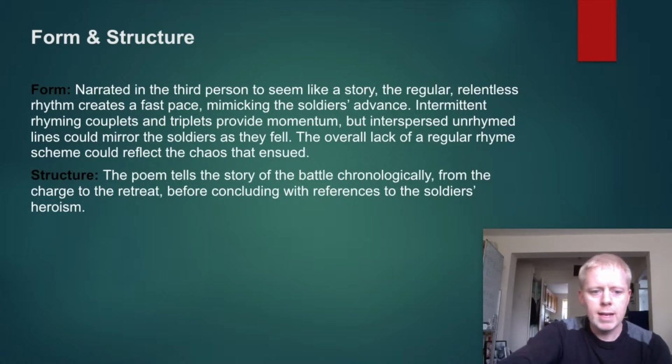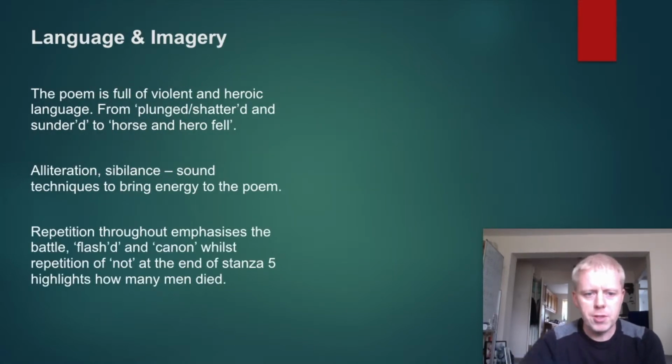Okay. The structure of the poem. The poem tells the story of the battle chronologically, from the charge to the retreat, before concluding with references to the soldiers' heroism. Language and imagery. Okay, the poem is full of violent and heroic language, from plunged, shattered and sundered to horse and hero fell. Now, I'm going to go through the poem and annotate it